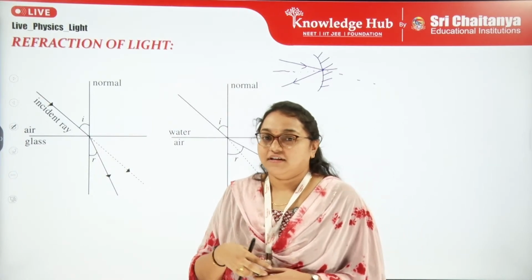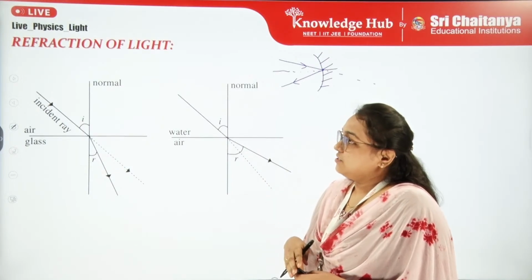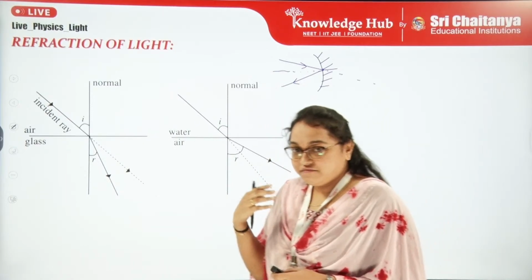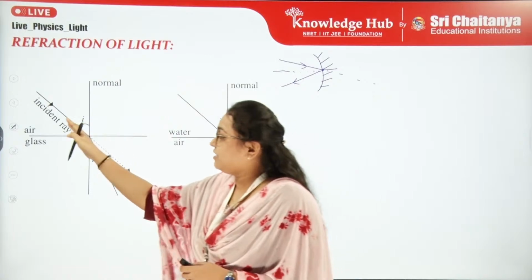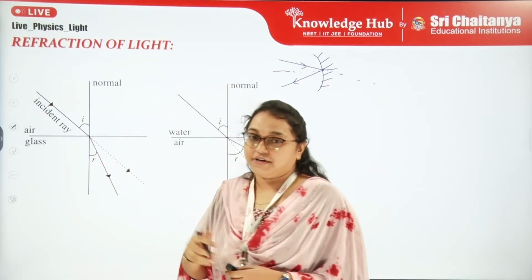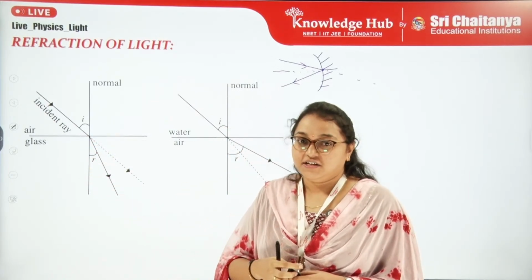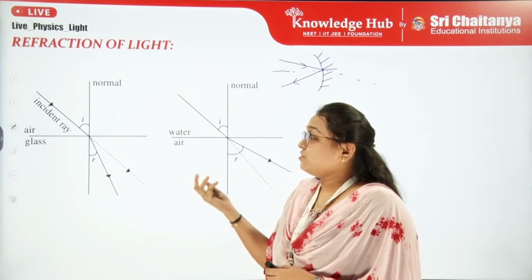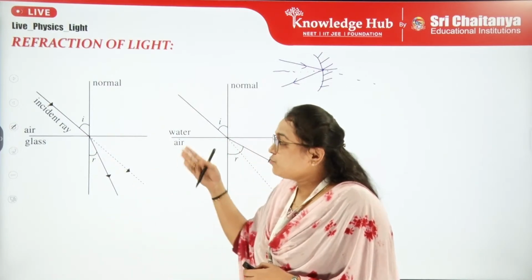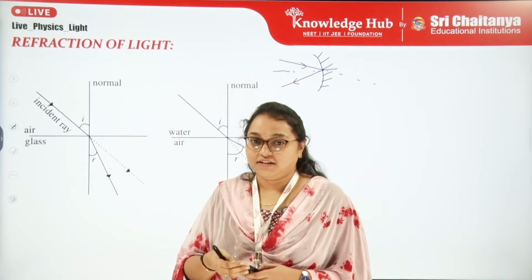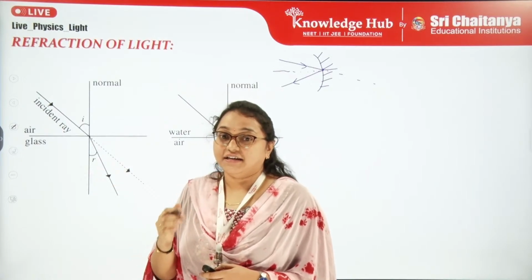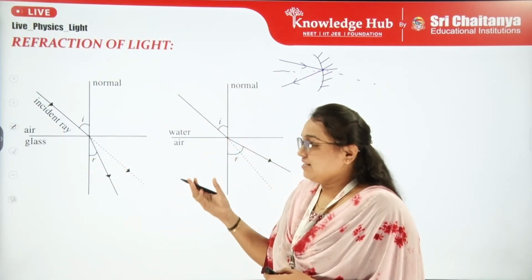And what about refraction then? So what is this refraction? Light travels in a straight line path until it hits an obstacle like a mirror. But suppose this light enters from one optical medium to another optical medium, one transparent medium to another transparent medium, light undergoes bending. So light will refract. It changes its direction of propagation. This property of light is called refraction of light. So bending of light is refraction.